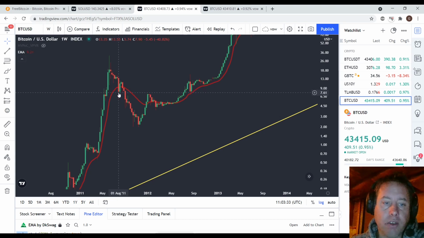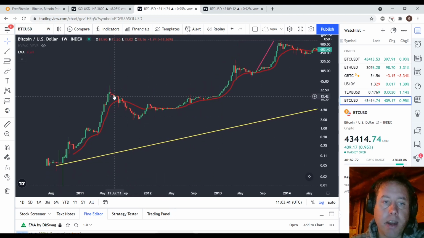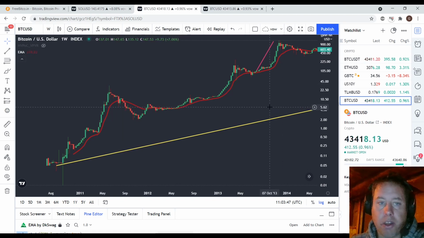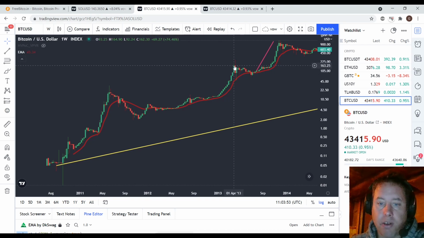And same thing in 2011, one close under, bear market. But if we look at it, if I could have bought it here, would I buy it here? Oh yes, I would. One Bitcoin for $31. And then at the top of this, I could have sold it back 4 years later for $300.